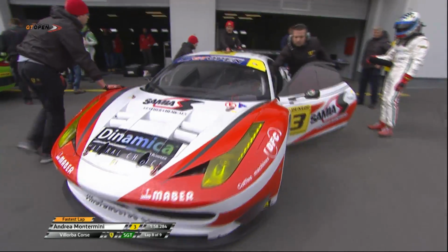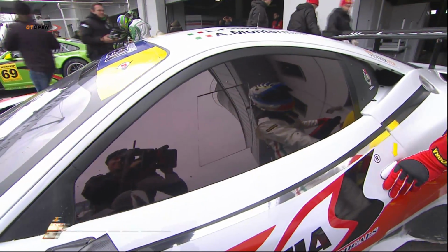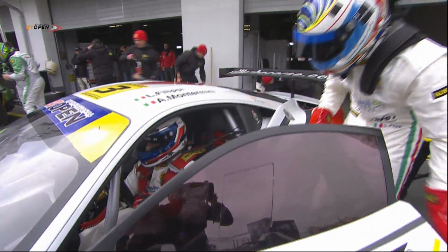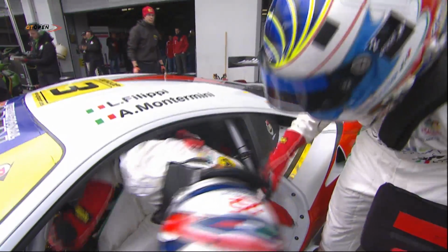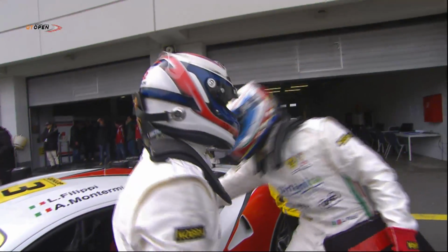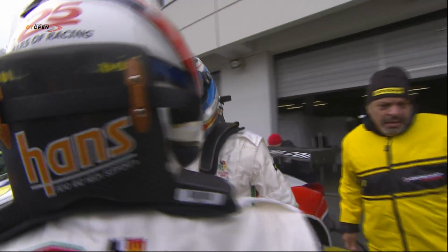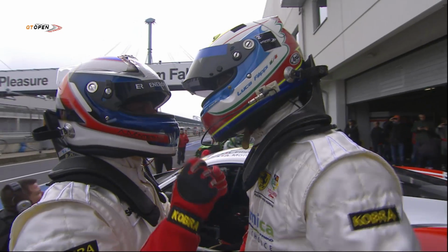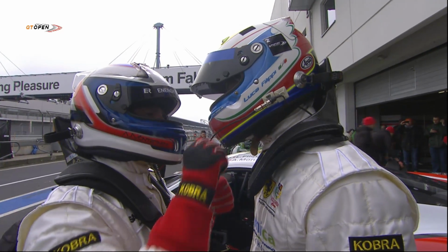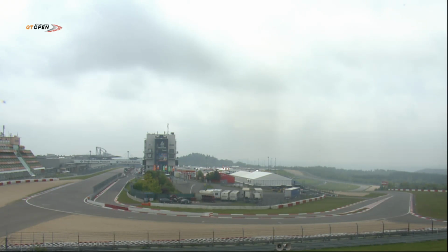So a slight pause then, as Montermini pulled to a halt in the Valour Course pits. He will be clambering up very quickly. Hand over to Luca Filippi. Montermini just feeding back a little bit about the car's behaviour to